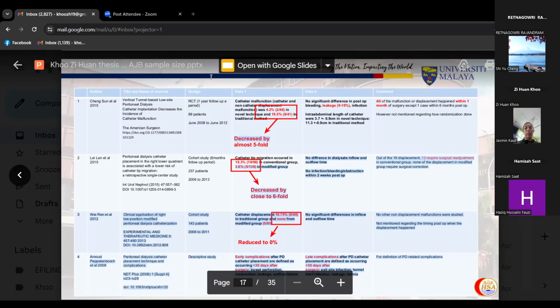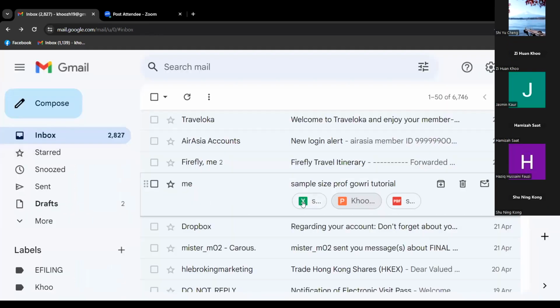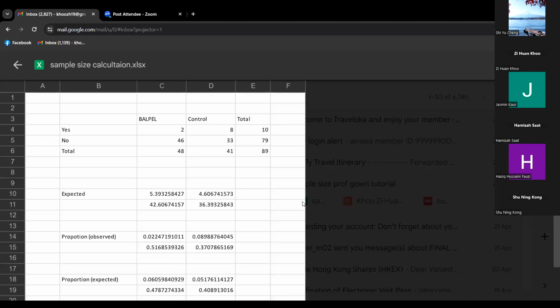Actually, I did some sample size calculation myself. Do you want to show me what you have, to see whether it's justified, whether it's correct? Because I actually took the literature numbers, the 4.2%, as your reference. But the thing is that 4.2 is for their modified technique, not your modified technique. So yes, you can say you want to follow theirs and believe your modified technique is equally as good. But you know what will happen there? They'll say, then why don't you just use their modified technique? Why do you want to make your own? So then it will hit back to the novelty.